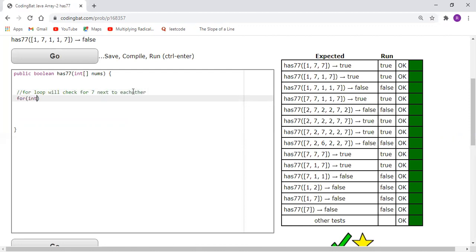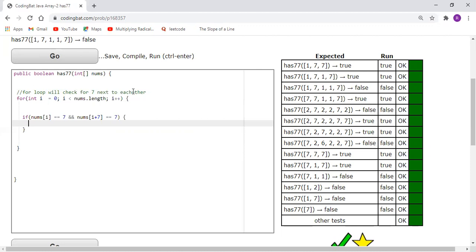So we have a for loop, int i equals 0, i less than nums.length, i plus plus, and then we could say, if any given element referenced by its array index is equal to 7, and nums of i plus 1, that is the next element in the array, is equal to 7,